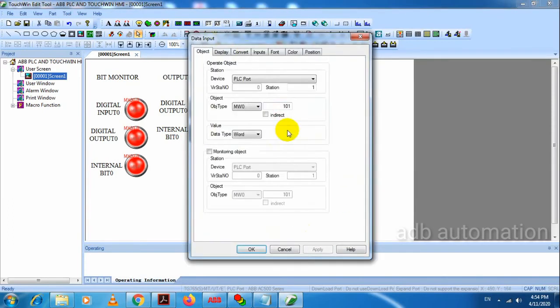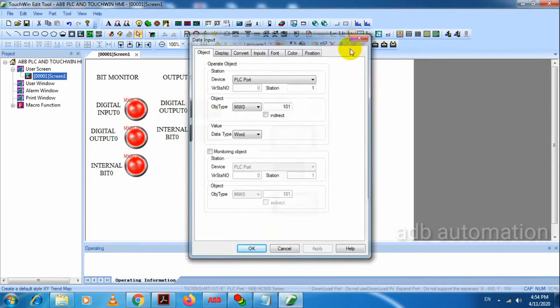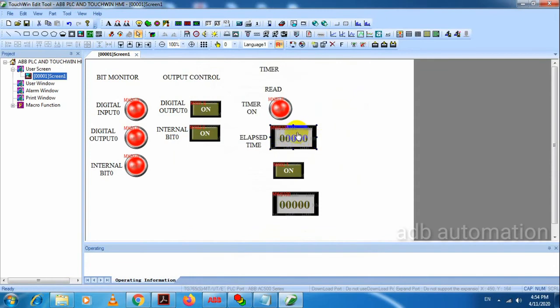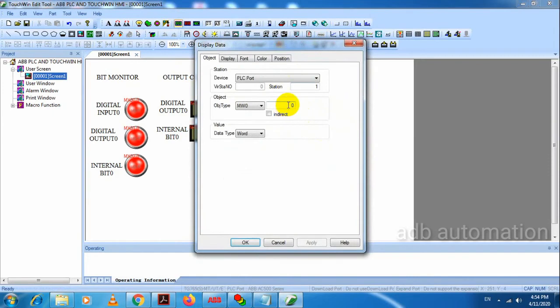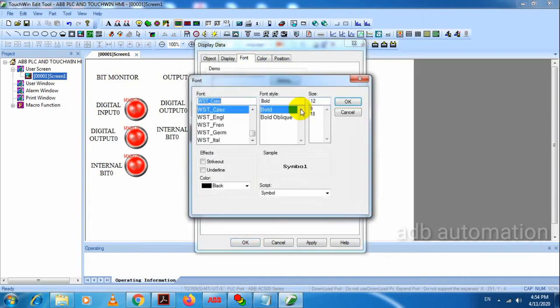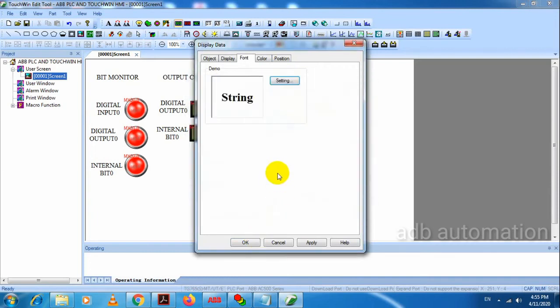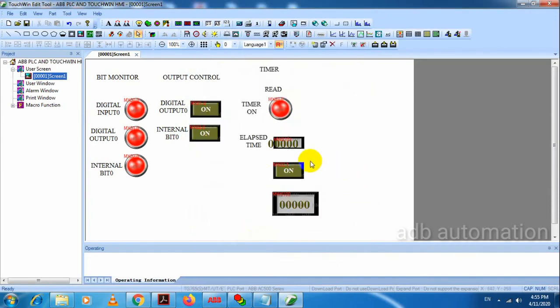Okay, here I have used digital input, so here I have to use digital display. The address is 101 here. So we'll give the name.